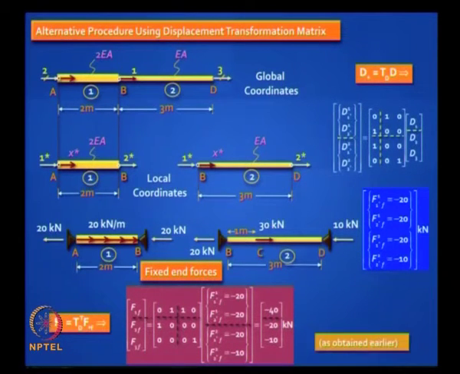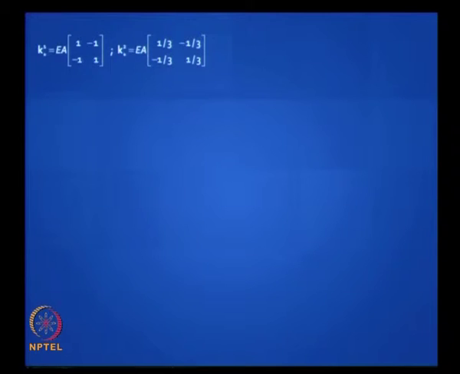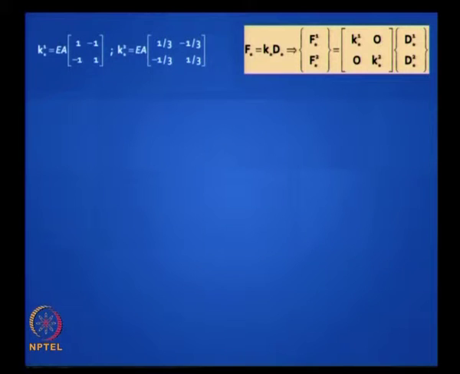What is the next step? We got the same answer. Next step, you write down your element stiffness matrices. This is just the same way we did last time. Can you generate the structure stiffness matrix by the TD formulation? What should you do next? Okay, if you want to put it all together and have the unassembled matrix, whatever you got here, K1 star you should put here, whatever you got here as K2 star goes here. Remember, it is a diagonal matrix, they are uncoupled. How do you use this matrix to generate your final answer?